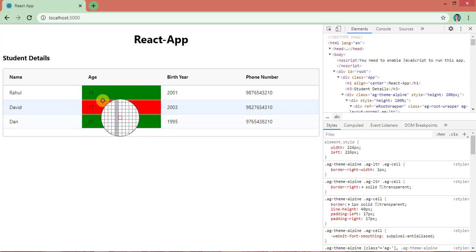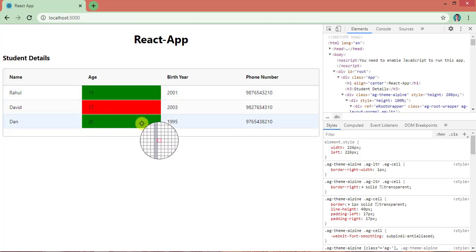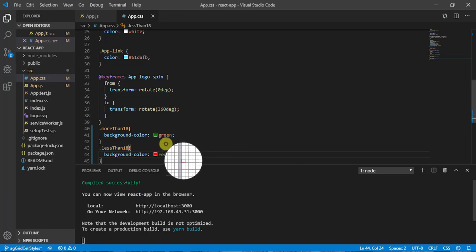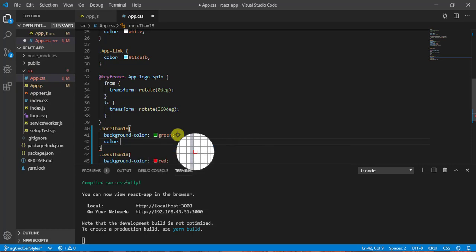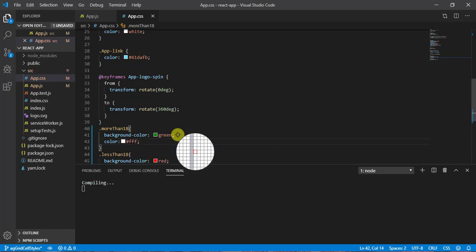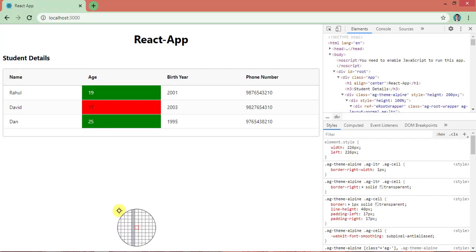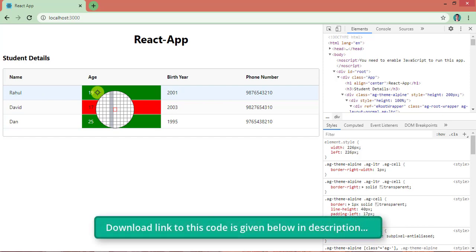So here I have shown you how to change the background color, but if you want to change the font size or you want to make other changes, you are free to do that. So let me show you. Let me mark the color as white. Color white, save it, and as you can see here, now the text color has become white.